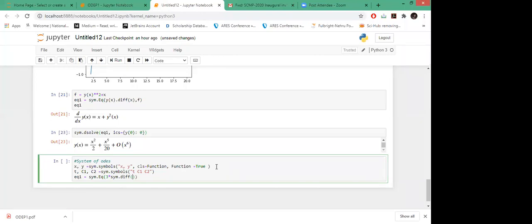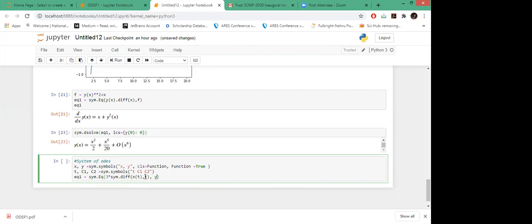This is another way of writing differentiation. This is t here. So this same differentiation, x(t) comma t, is again giving you the same thing, the derivative of x with respect to t.